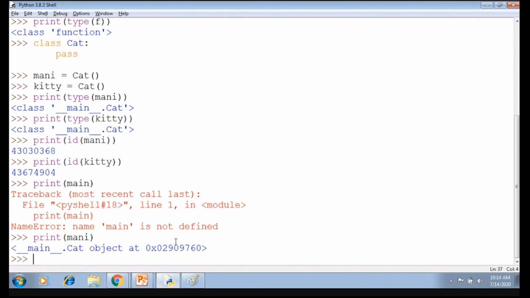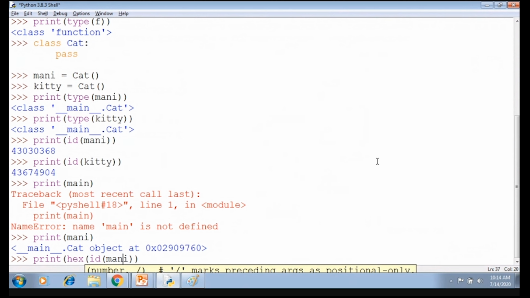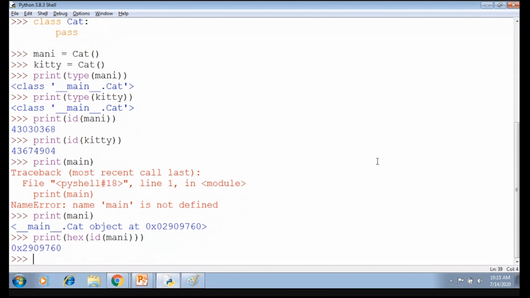The address. Now you'll say, how do you verify this address and this? See, I'll try to cross verify and show you. Here I'm getting the address, and that address I'm passing to hex. I hope you remember the hex function from the third chapter, functions, where I took some built-in functions, in which we saw oct, hex, bin. Okay, see, can you tally this? This is the hexadecimal of this address. This is the decimal address, and the same decimal address I'm passing to hex, and it returns the hexadecimal.